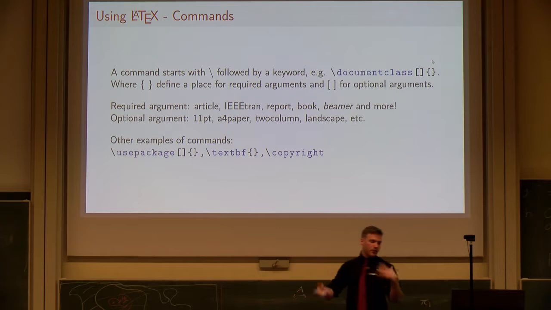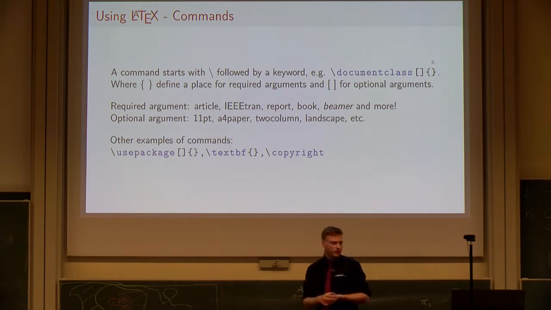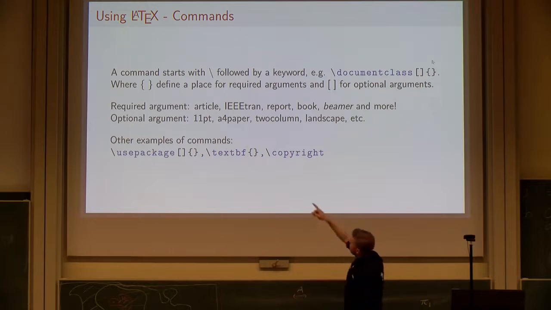I can also have a book or report or beamer, an article. There's a lot of classes in here. And for instance, I can give some options. Okay, it's written on A4 paper. That's the sizing. I want a 2-column layout, a landscape. Now, as I said, these are fallback rules, so you can also use packages and a lot of stuff yourself to make it different.